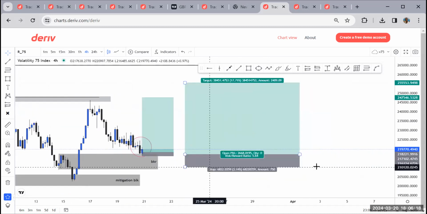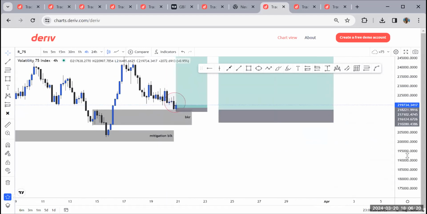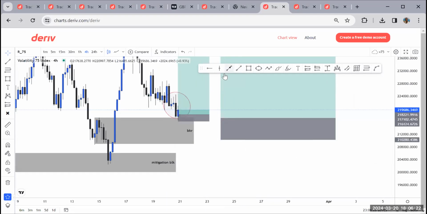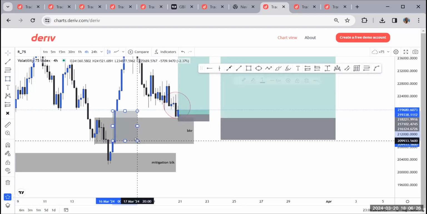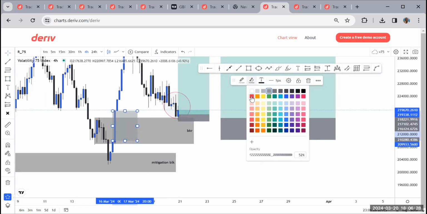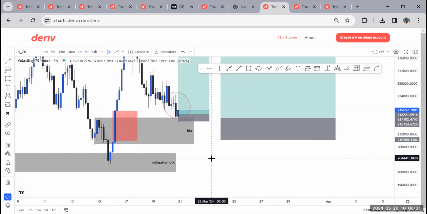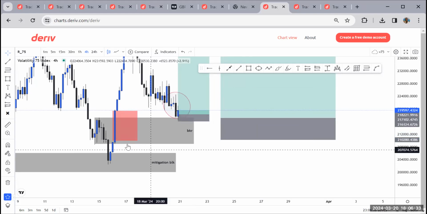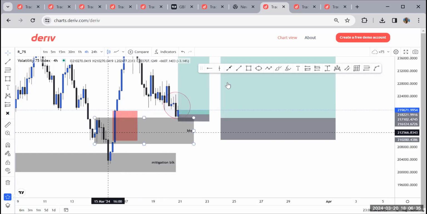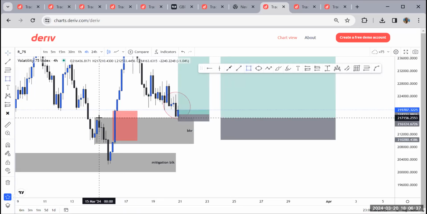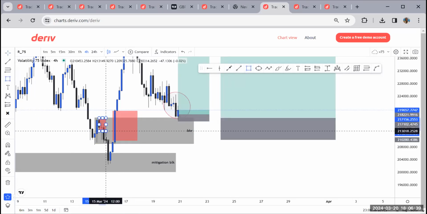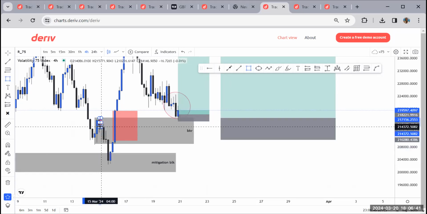And even right within the breaker block, look at what is happening. Look at another confluence. We have a huge fair value gap here. Yes, I was even about to say it. There's a fair value gap there. And even beneath it, so this whole area is a buy zone. You see the sell candles, 1, 2, 3, 4. When you have more sell candles without any